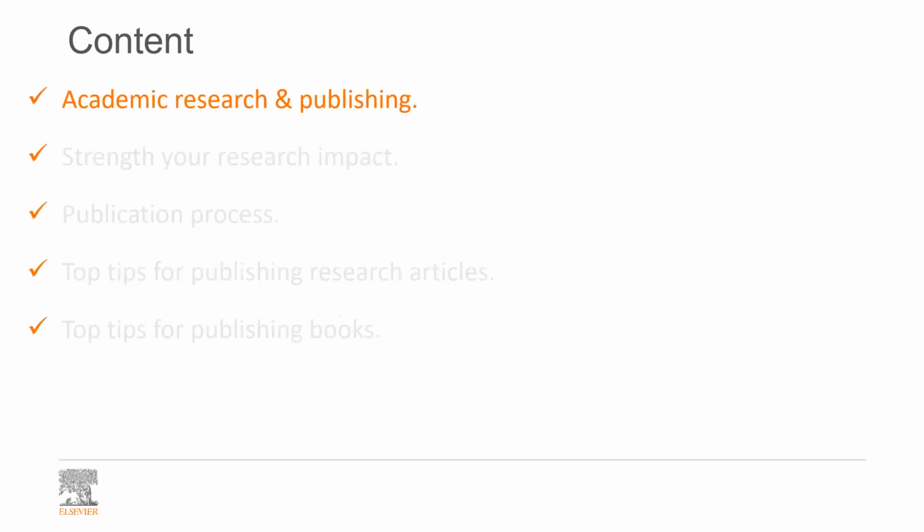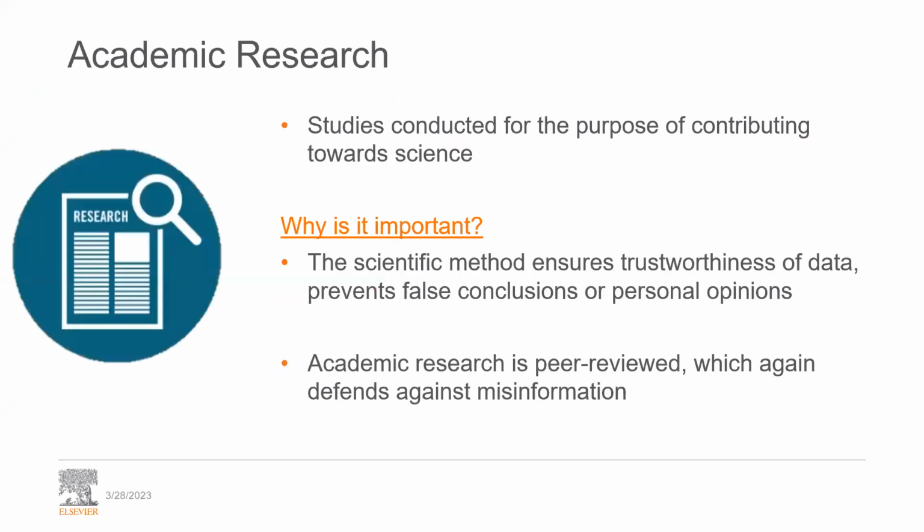So what about academic research and publishing? We already know about academic research. It's studies conducted for the purpose of contributing towards science. We have many topics in science, and each topic has its main framework. Each topic is like a puzzle, with a framework and pieces, and you collect all of these pieces together to understand the topic.